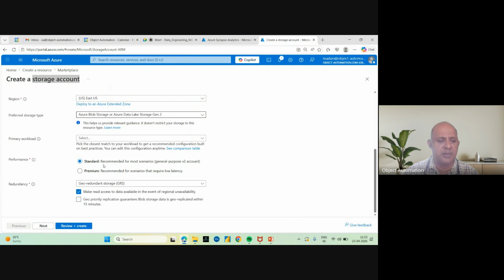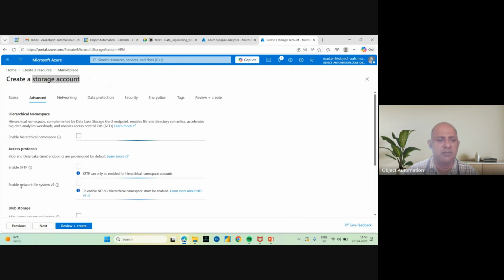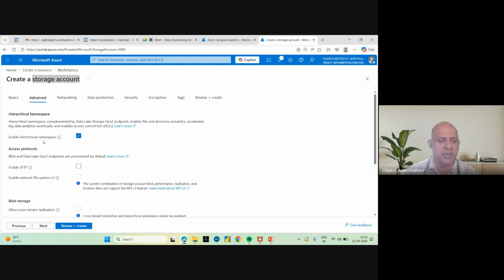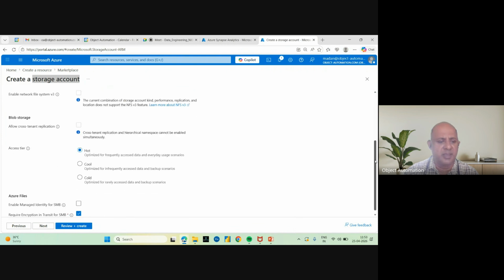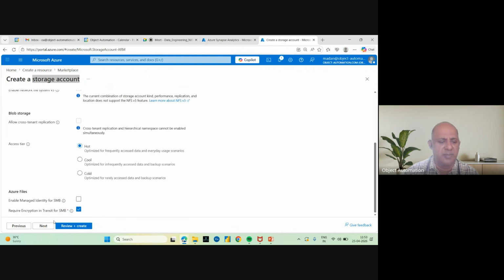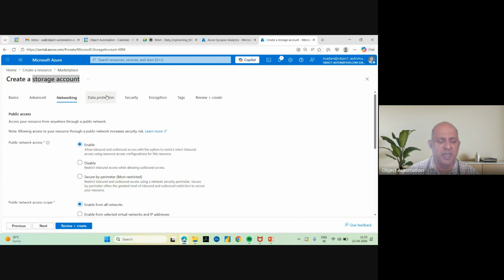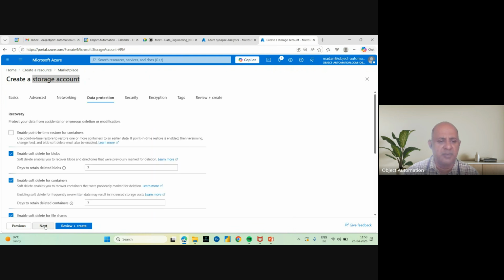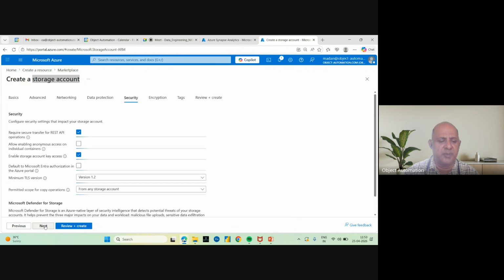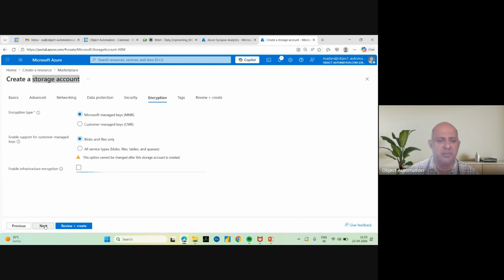I'll just go through the various things. Every Azure resource will have many tabs. Each tab will have some default information, and some information we need to provide. So I'm choosing enable hierarchical namespace. Then next, I'm leaving the rest as it is. Data protection, I'm not explaining much about this. This is how we create